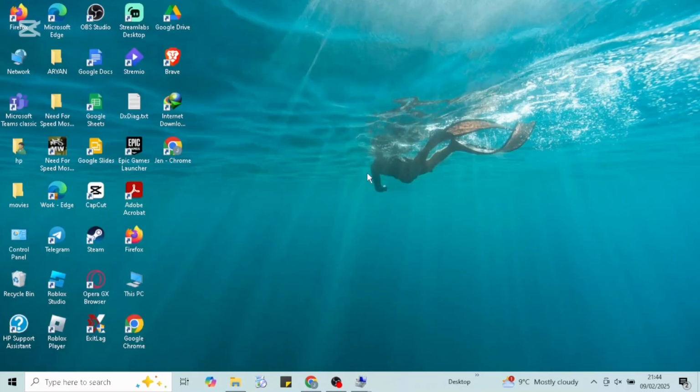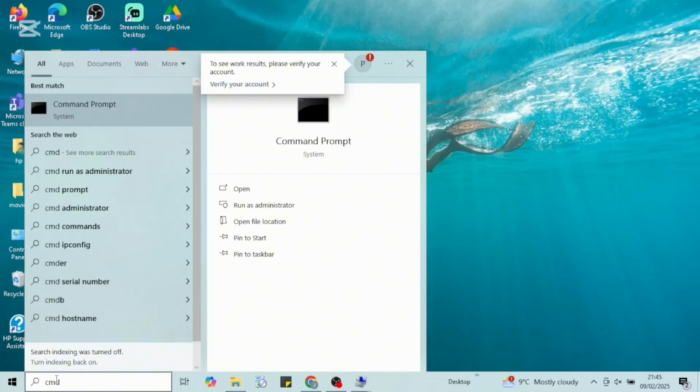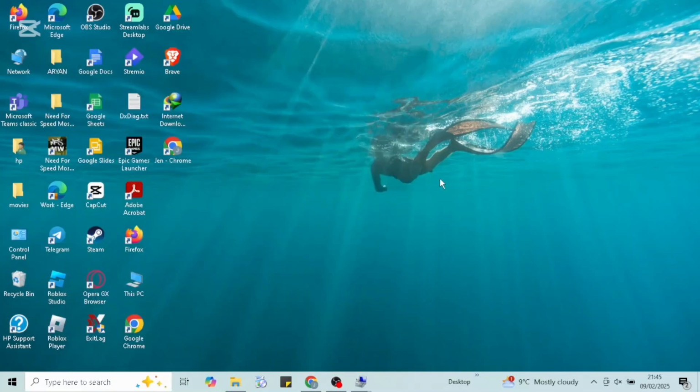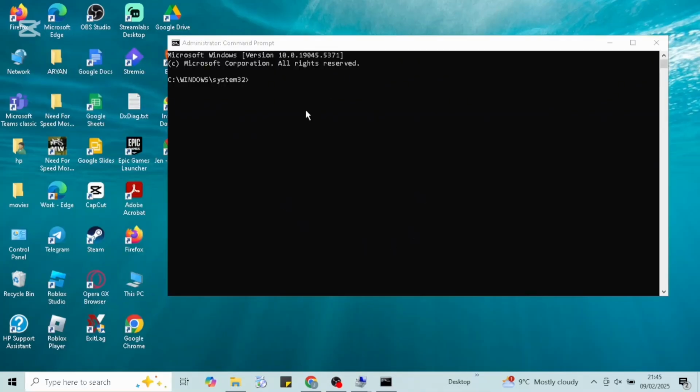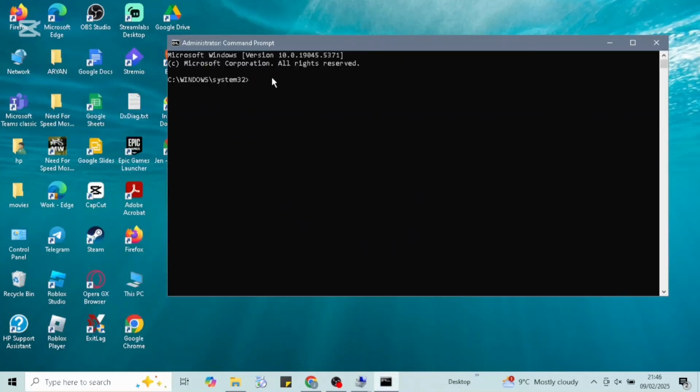So after locating them, the next thing you can do is just go ahead and type in cmd in your search bar. After that, open it as administrator, run it as administrator. Once it is done, a window will appear on your screen. So the next thing you need to go ahead and type in is